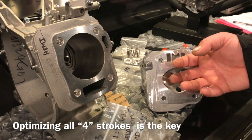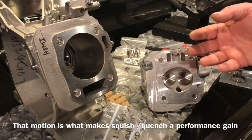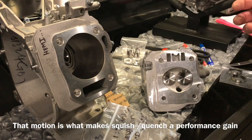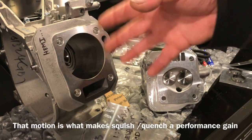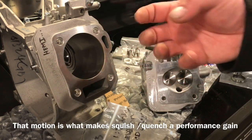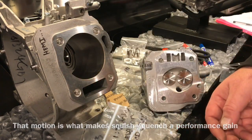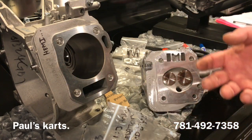If the fuel and air coming into the head or to the cylinder changes speed at any time, what happens is those fuel droplets in the air, as they start slowing down, the ones behind it haven't slowed down yet, so they'll crash into those other droplets, and the droplets will start getting bigger. And as those droplets keep crashing into each other, as the air starts slowing down, the fuel begins to deatomize, and that's a loss of power. So being able to keep the air to fuel mixture atomized,